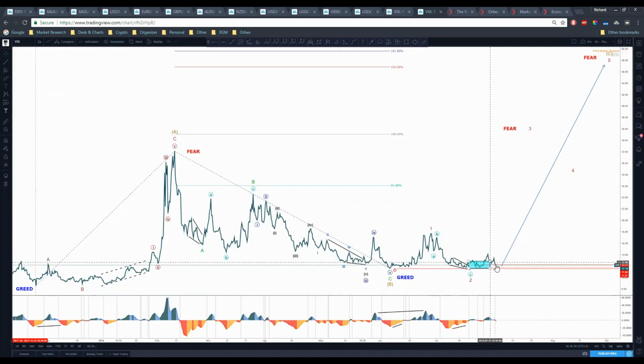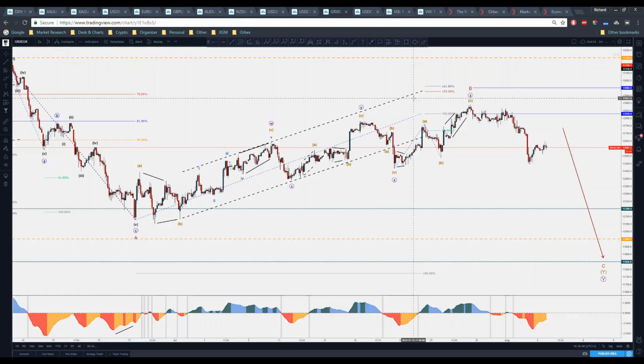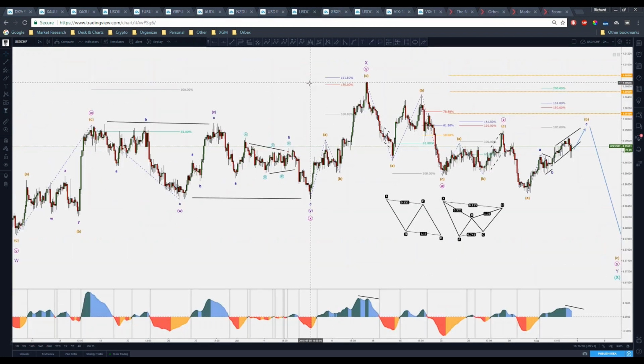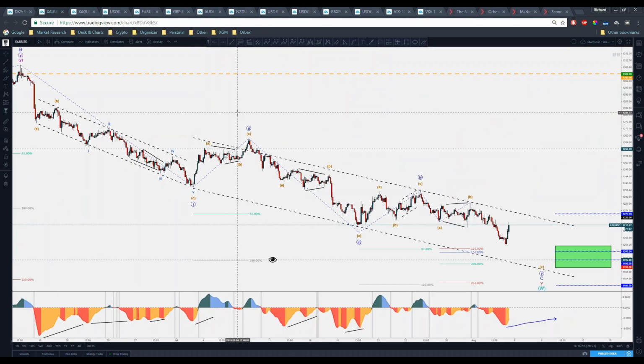Hence the reason why I'm keeping an eye on the volatility index, because I'm monitoring this in order to have a clearer picture on the indices and also on metals, right? Because I've noticed that when the VIX spikes, gold drops, euro drops, dollar stays frozen, indices drop. So yeah, we shall see.